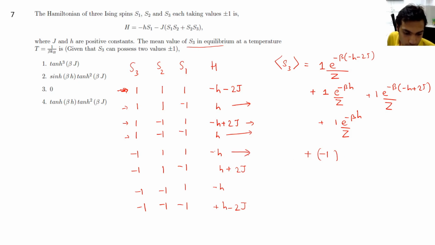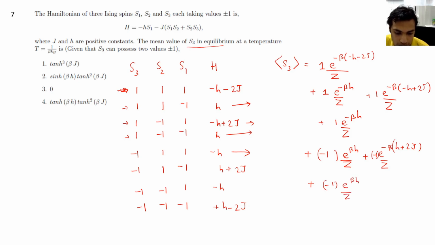So for this, e to the power minus beta into minus h, which is basically e to the power beta h over Z, then plus, again this minus 1 we have to multiply, e to the power minus beta times the energy of that state, minus h plus 2J, over Z. Then minus 1 e to the power beta h over Z plus minus 1 e to the power minus beta h minus 2J. Okay,